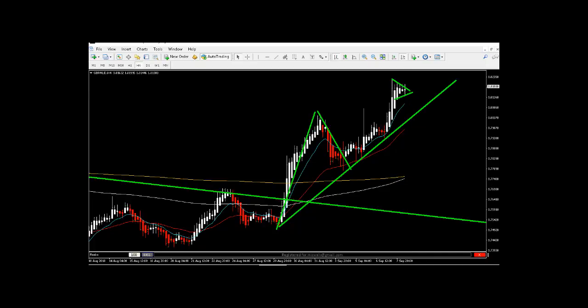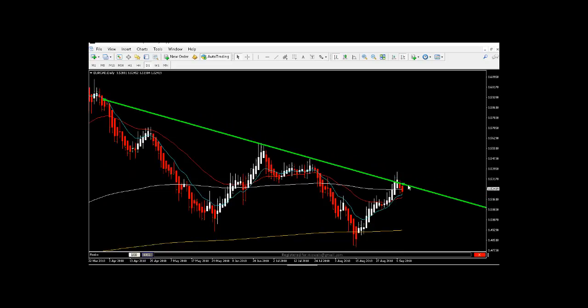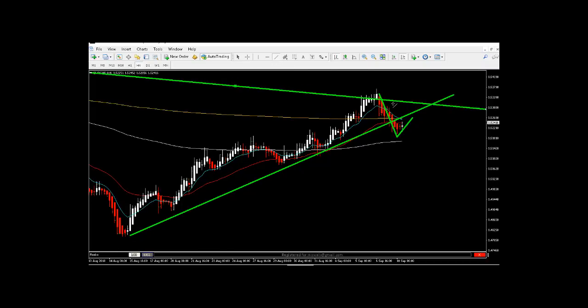Okay, and then there's still the Euro Canadian Dollar, which is creating weekly short 1 2 3s, but it's retracing lately. Had a problem here. You can see the spike on the daily chart. The thing is, it's creating a long 1 2 3 on the daily, and it is kind of short on the 4-hourly. So you have to draw the trend line. If the price stays below here, you are short. If it doesn't, you have to wait for the price to break this resistance, and then you go long in